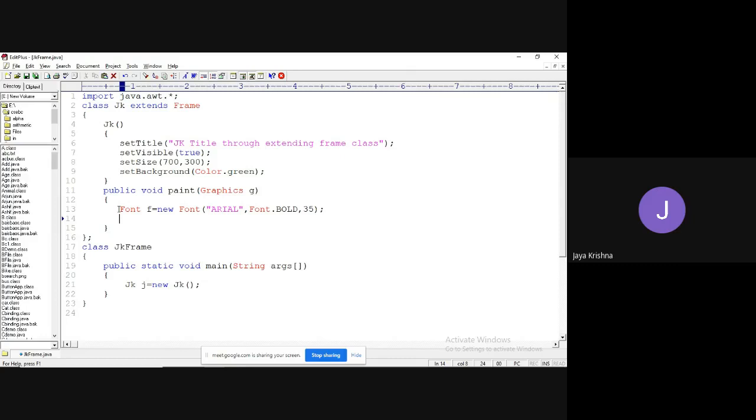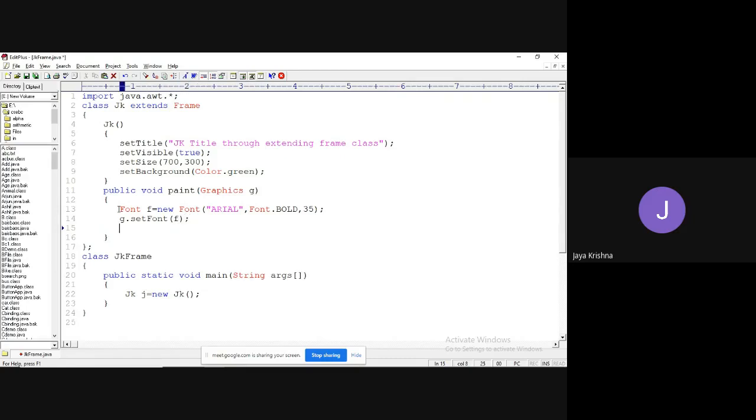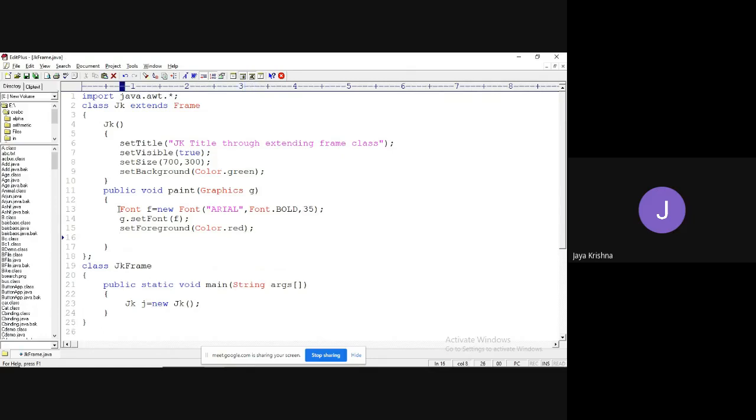I would like to set the foreground color and the font, dot setFont of f. I have already shown this in the last lesson while executing the concept of applets. What is the use of foreground color? It sets the font color, foreground color dot something like red.